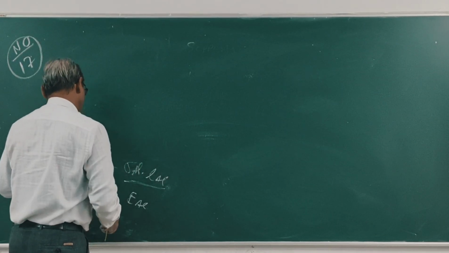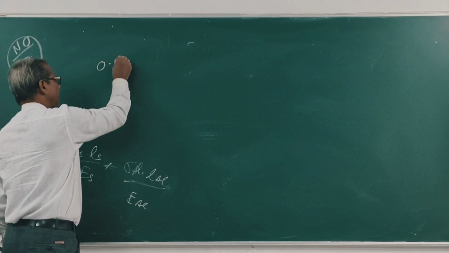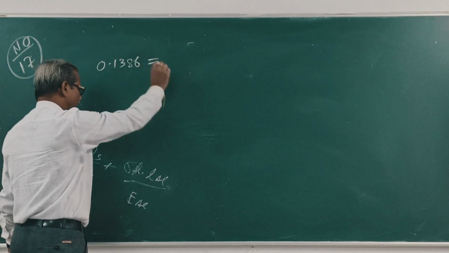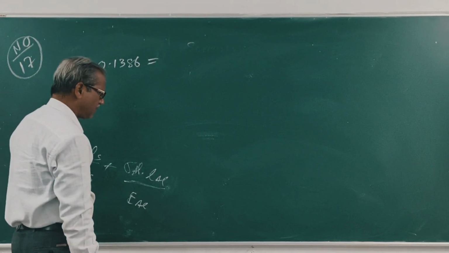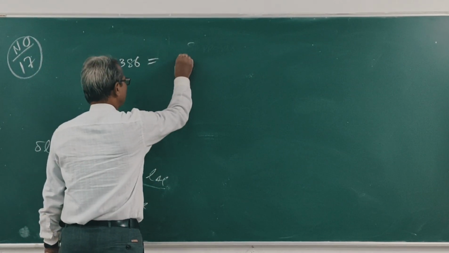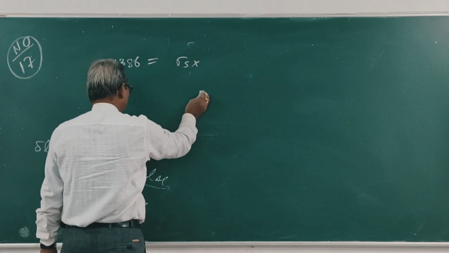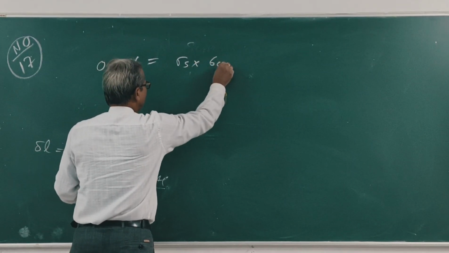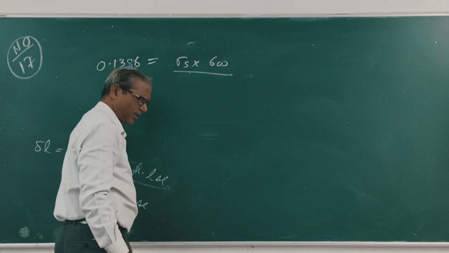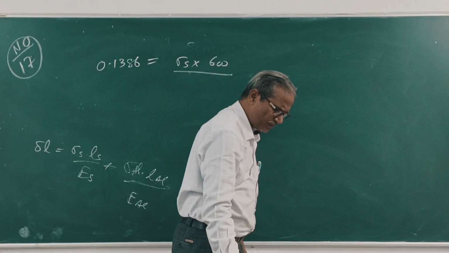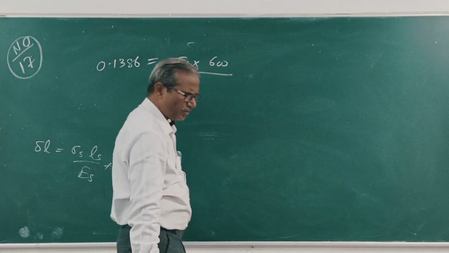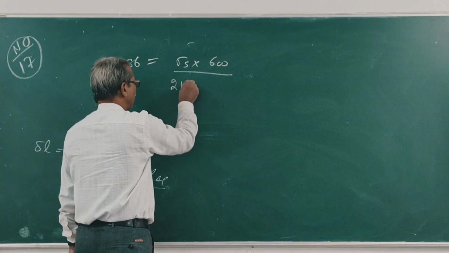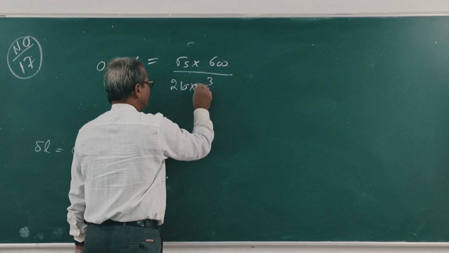Now for delta L, 0.1386 is equal to sigma s. Find out sigma s. L s 600 by E s. What is E s? E s is equal to 10 into 10 to 3 Newton per mm square